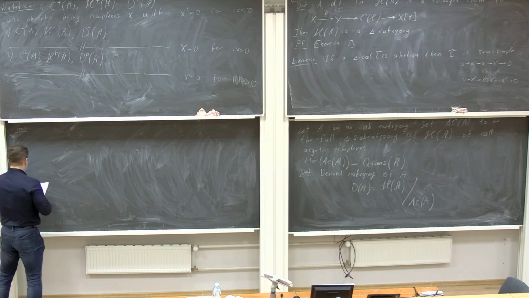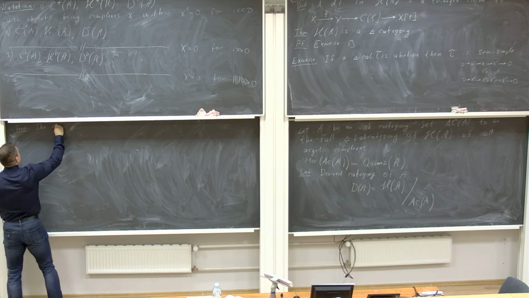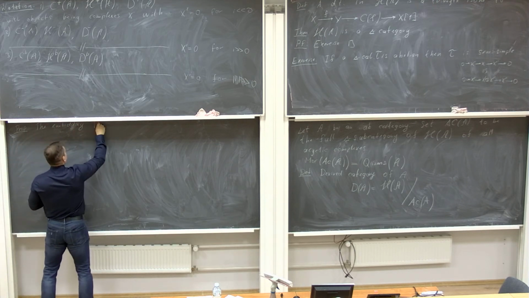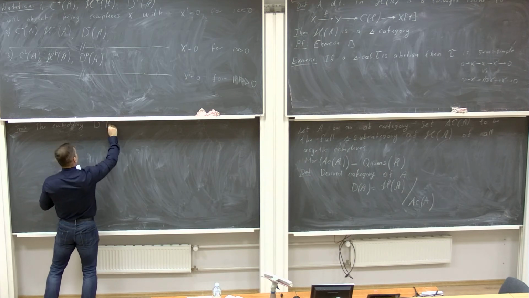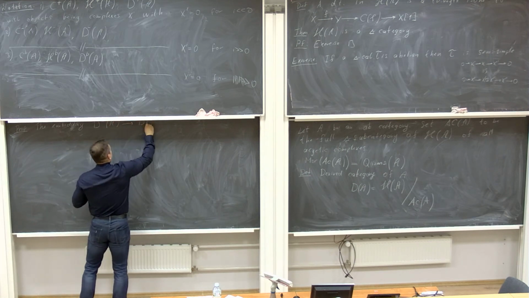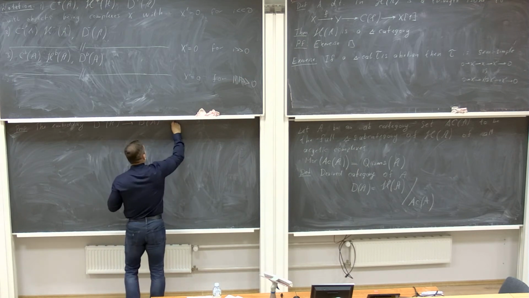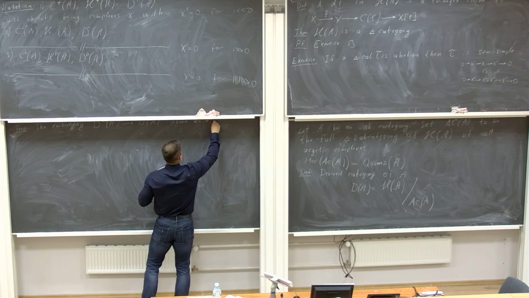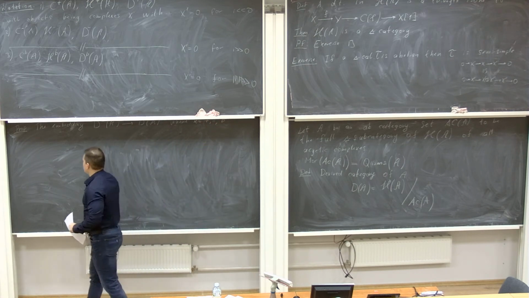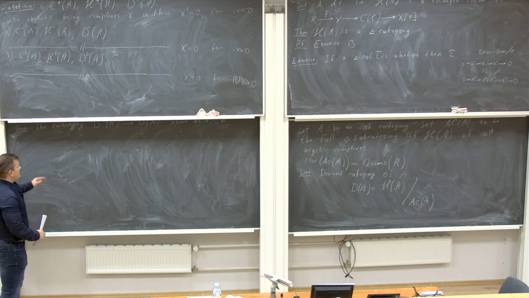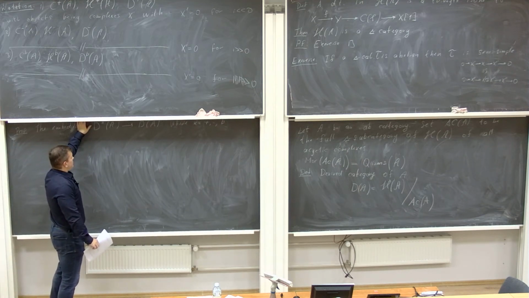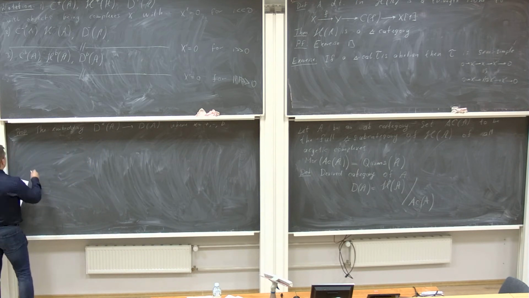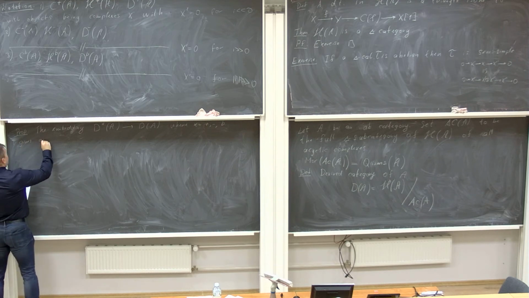So, proposition: the embedding of the category D* of A into the category D of A, where this star could be plus, minus, or b. For all these versions you clearly have the embedding, right? Any such triangulated category sits inside the derived category. So this embedding gives an equivalence